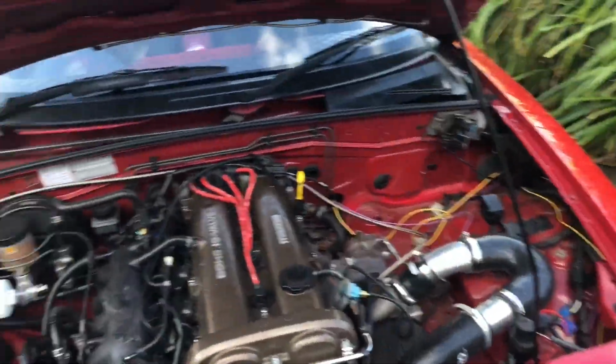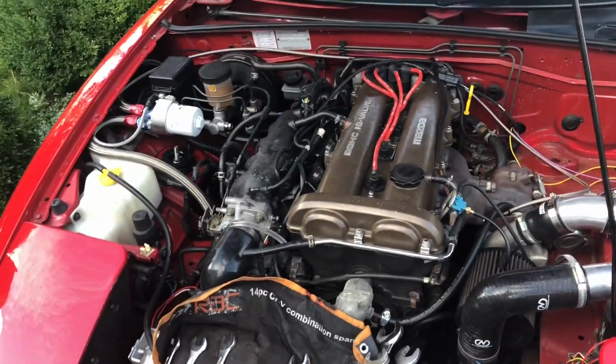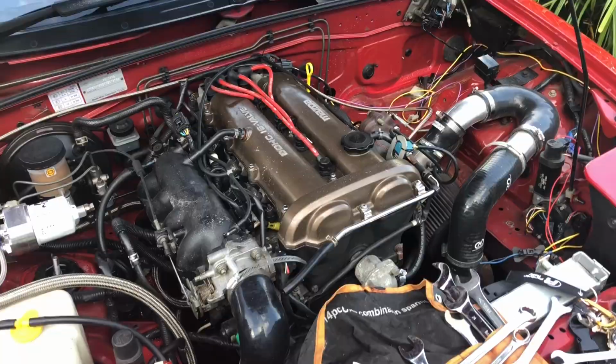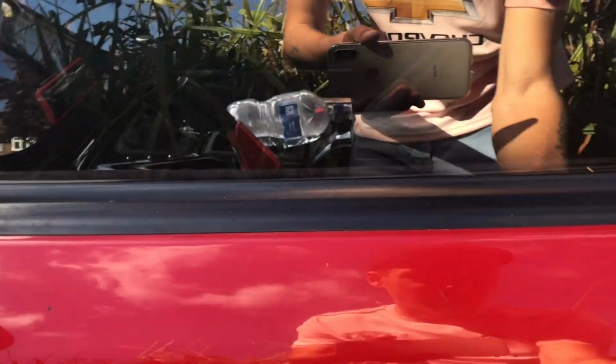This bad boy is getting forged. We're going to go bigger turbo and we're going to be pushing some real power. I mean, even 250 out of the stock engine is pretty nice. It feels quick. So if we crack open the interior,